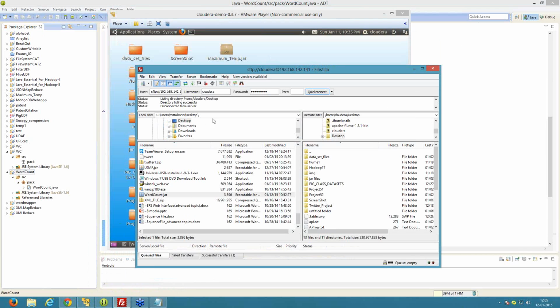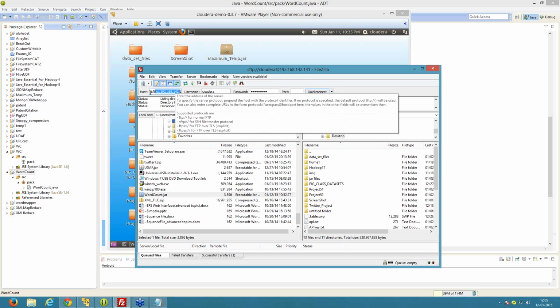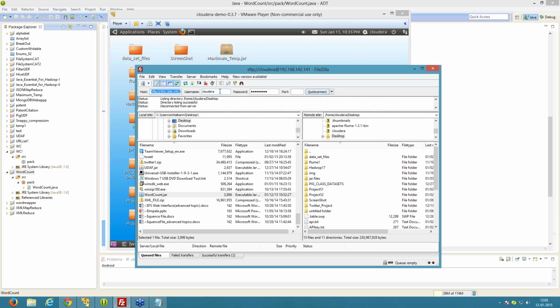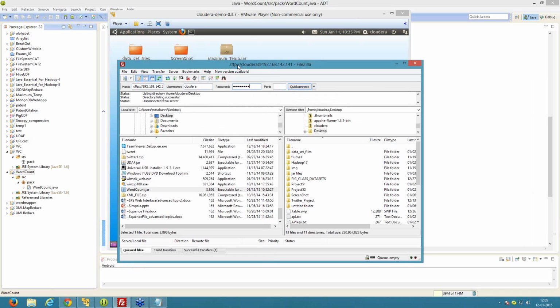So we need to provide the IP address of the Cloudera CDS 3.7, username, password, and the port number. Once you provide these four arguments, host name, username, password, and port, and click on quick connect, then you are connected and you can transfer the file using FileZilla. We select the word count.jar file, right click on it, then upload it.